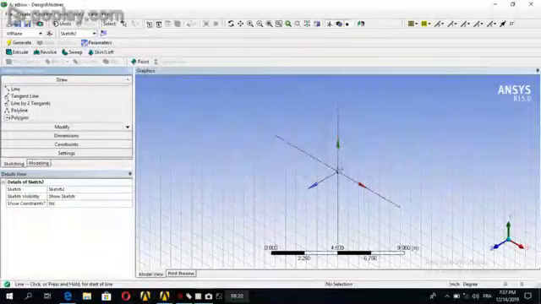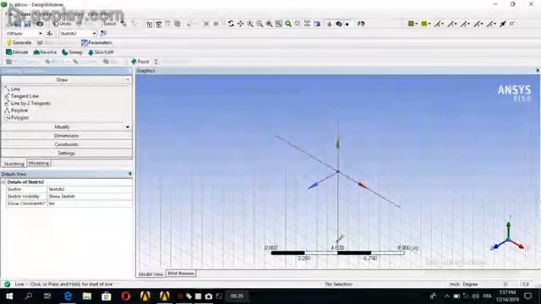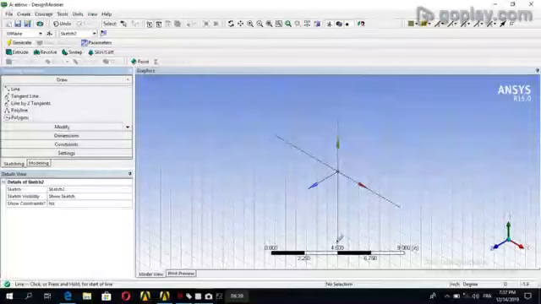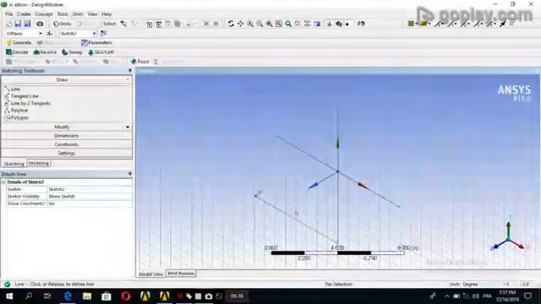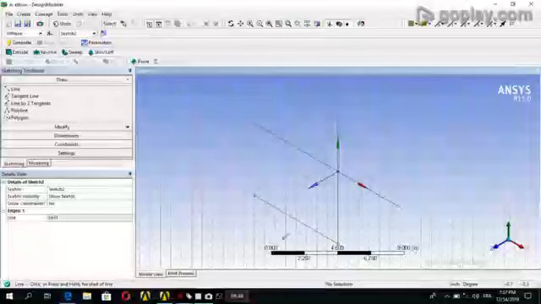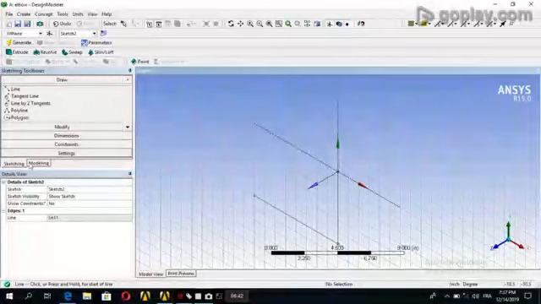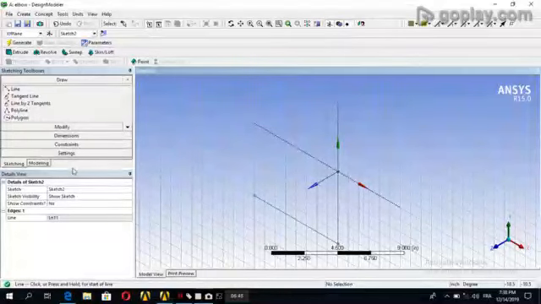This is y equal to -6 here, and x from 0 to -8. So click one time here and take it to -8. Click again. So this is the first line, and now we'll create another line, vertical line